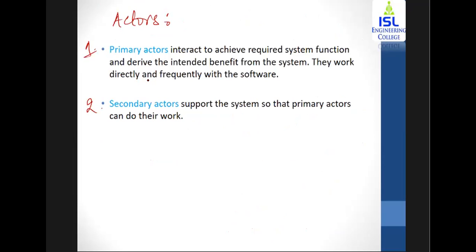Now, what are these primary and secondary actors? Primary actor interacts to achieve a required system function. That is, this is the main actor. You can say this is the main person that is initiating a specific task. So this actor is going to interact to achieve the required system function and derive the intended benefit from the system. They work directly and frequently with the software. So primary actors work directly with the software. The second is secondary actors. Secondary actors support the system so that primary actors can do their work. Now, if we take an example,